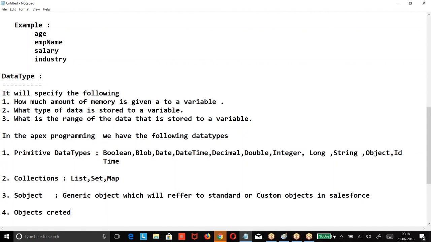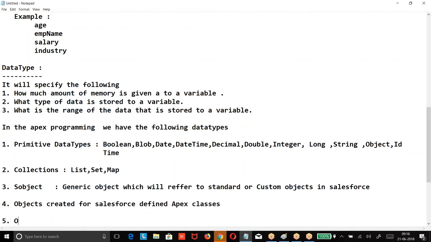Objects are created for Salesforce defined Apex classes and user defined Apex classes.